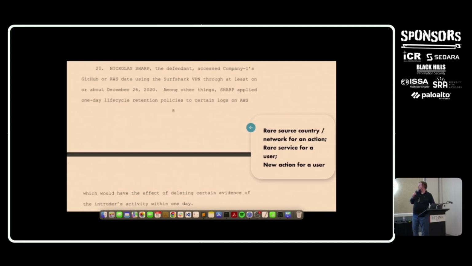Also, there was some defense evasion here, things like setting certain retention periods to 1 day, presumably to try to keep CloudTrail log retention down to 1 day, so that if somebody went to investigate what's going on, they would find that there wasn't any data older than 24 hours,